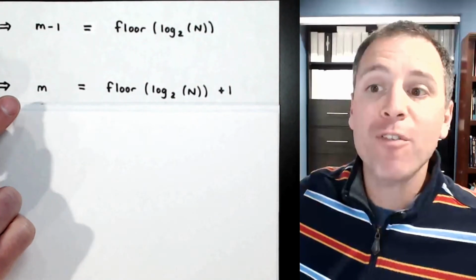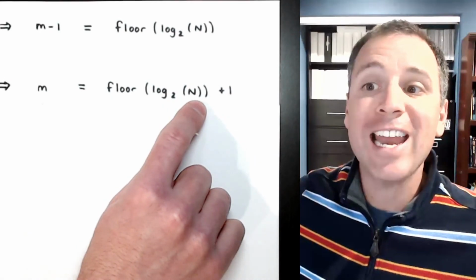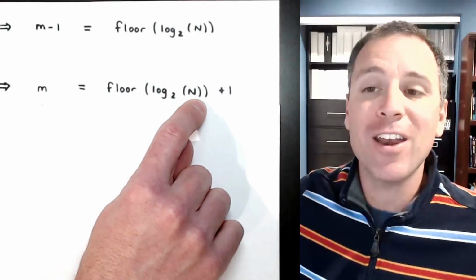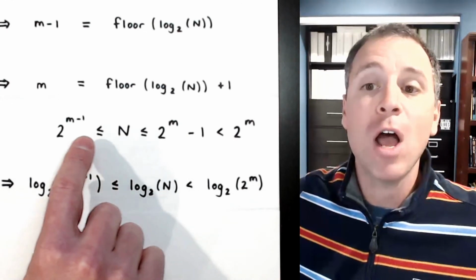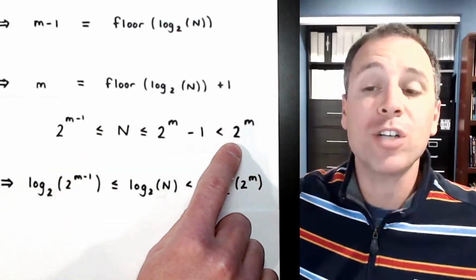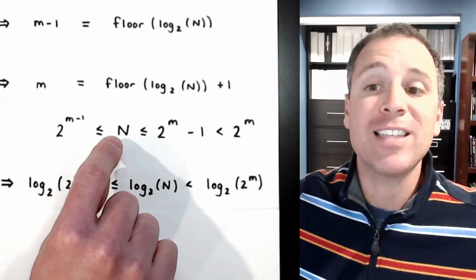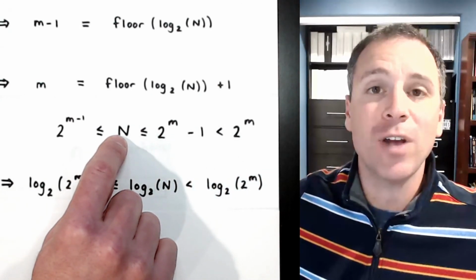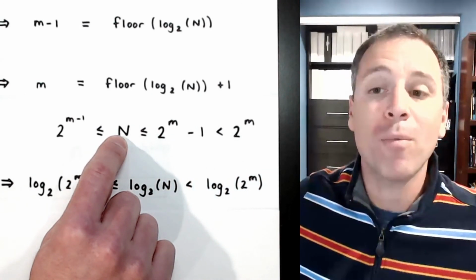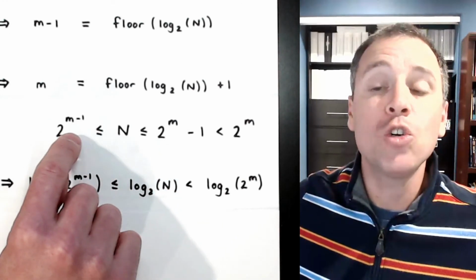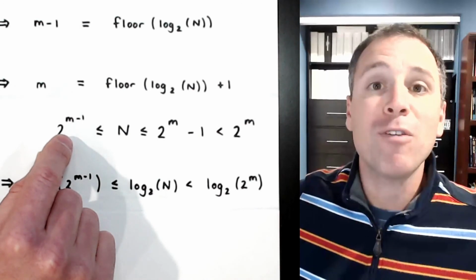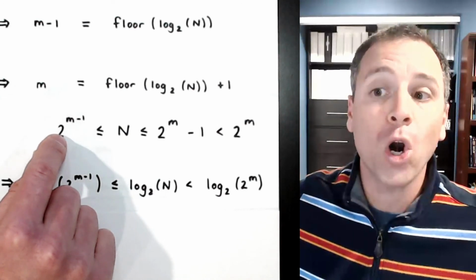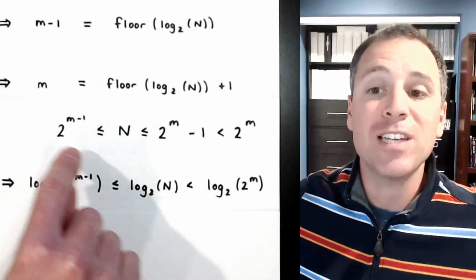This formula for the number of bits required to encode an unsigned integer capital N really came from this inequality bounding any natural number between 2 powers of 2. Another way to say this is that any unsigned integer, any positive whole number, can be put between 2 powers of 2. So let's take the number 6, for example. 6 can be found between the number 4 and the number 8. That is what this inequality is saying.